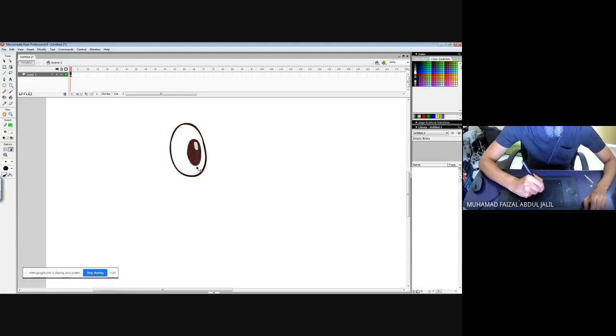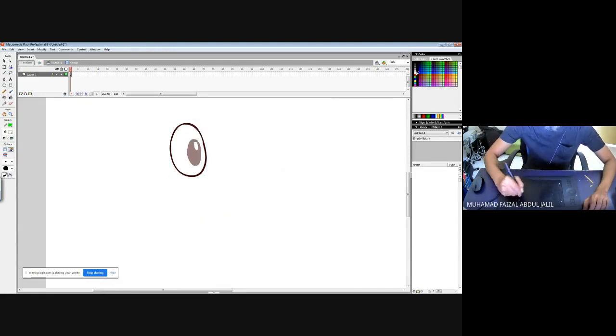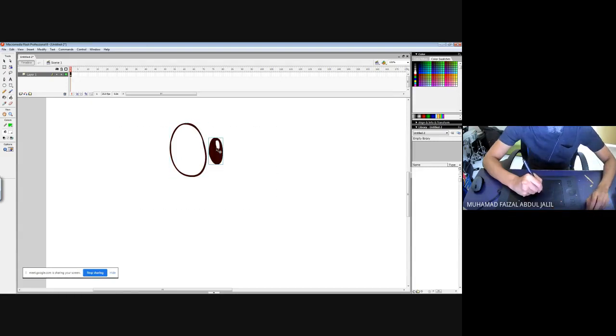Because the best thing about using the tablet is that I can change the colors inside, using the fill color and the paint bucket to color them up. And see, I separate the pupil and also the iris.